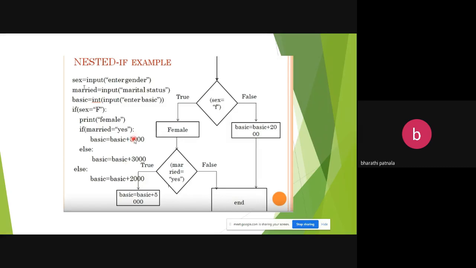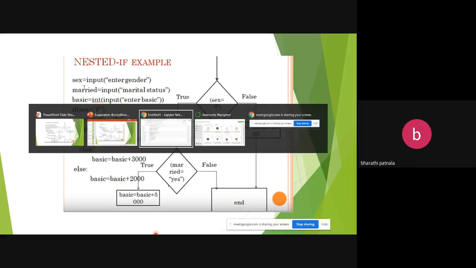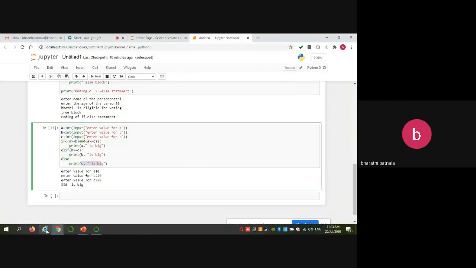If the gender is female and not married, then you give 3,000. If the gender is not female, that means male, you give a basic incentive of 2,000. Okay. So do it practically.